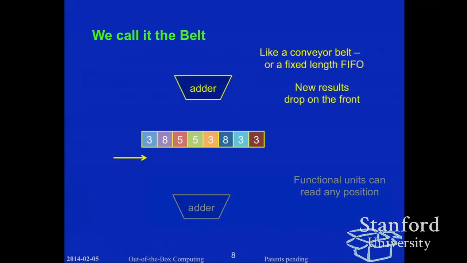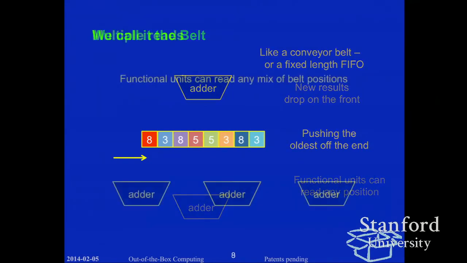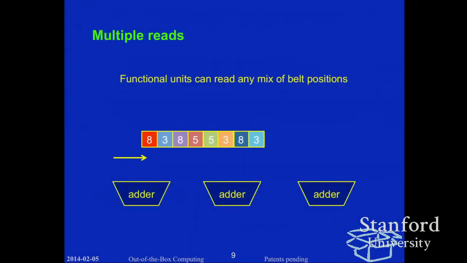New results always drop on the front of the belt, unconditionally. You do not specify a destination for your computation. However, it's a fixed length, so when you drop a new one on the front, well, that pushes the oldest off the back, and it is gone permanently. The functional units,